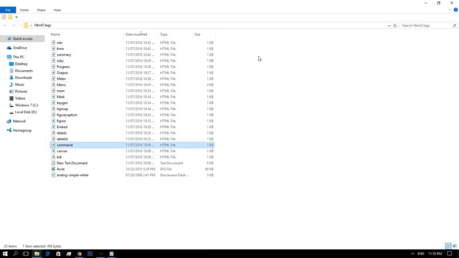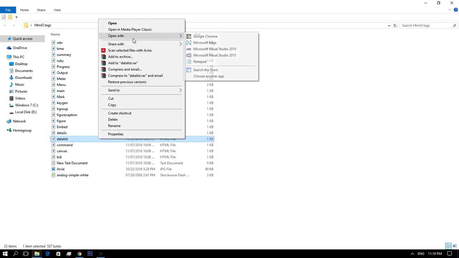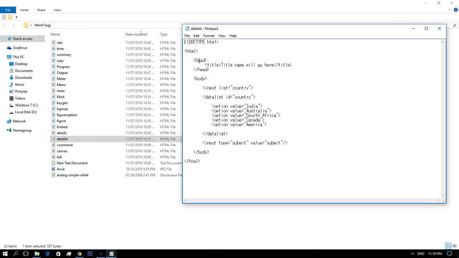So next, we have the datalist tags. One of the most utilized JavaScript widgets over the previous decade has been the text box autocomplete widget.